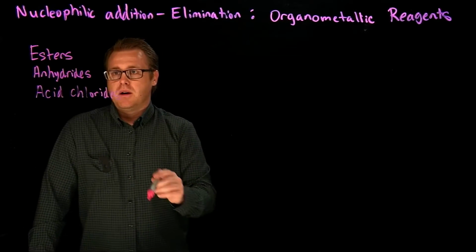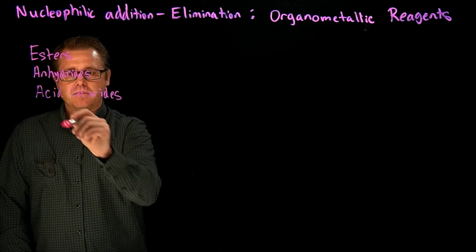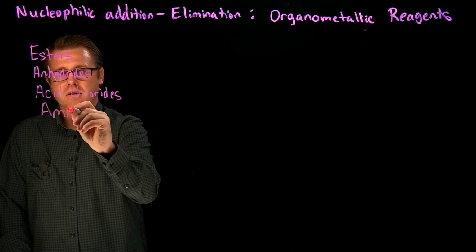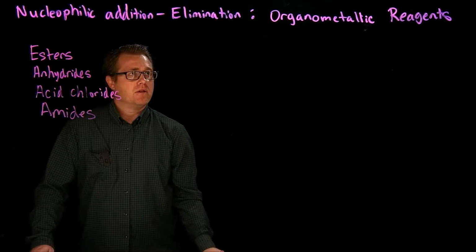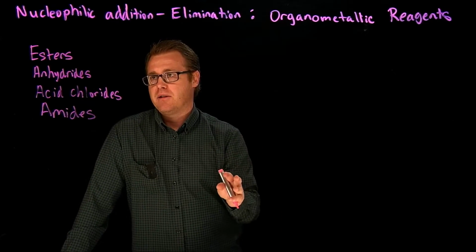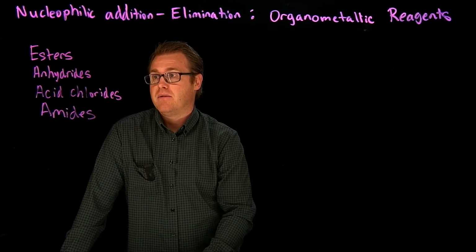What are some other ones? Esters, anhydrides, acid chlorides. We have amides. All right. So we want to take a look at how the organometallic reagents react with those types of carboxylic